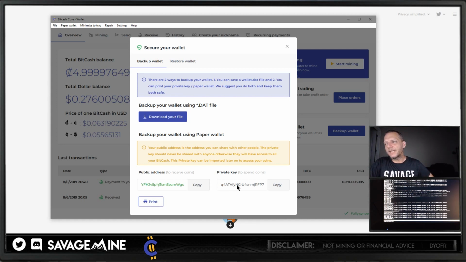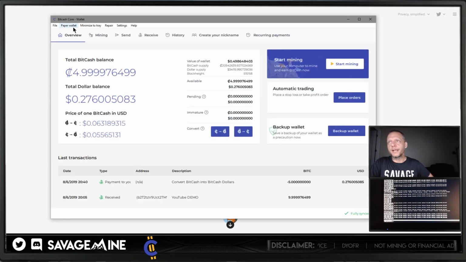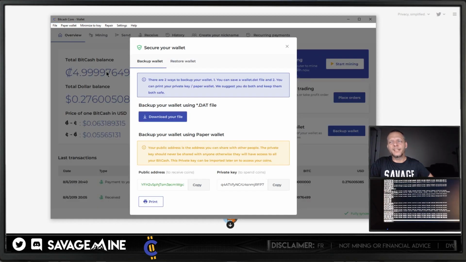I think that's something they could do, is put something in here to where you have to click it to actually reveal your private key, because it doesn't really warn you that it's going to happen, right? You click on File, Backup Wallet, and you're thinking you're just backing up the wallet. Why is it showing you your key, right? Just one of those little things that I would like to see. The public address is fine, of course, because that's what you have to use to send to. But the private key, I would recommend them